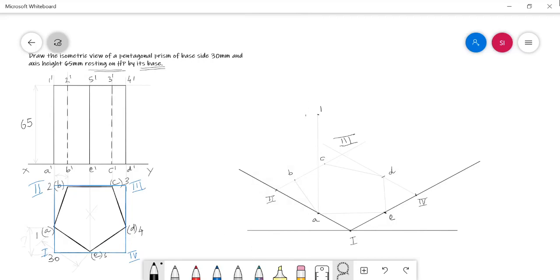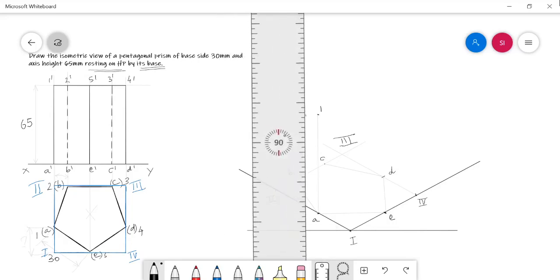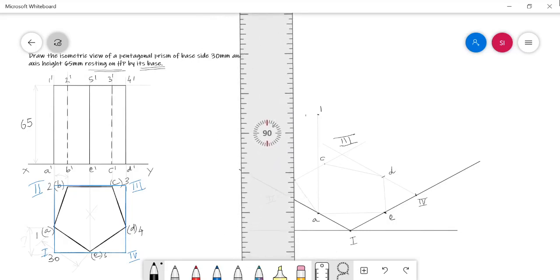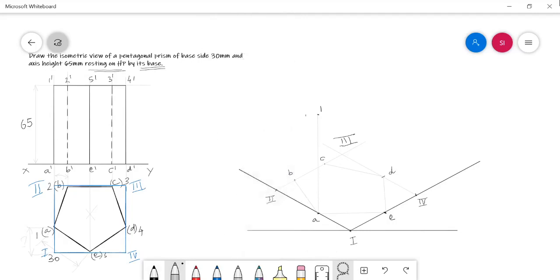And in the same way, from the point B, I need to lift the point number 2 in a perfect vertical manner with the same distance that I followed for the first case.